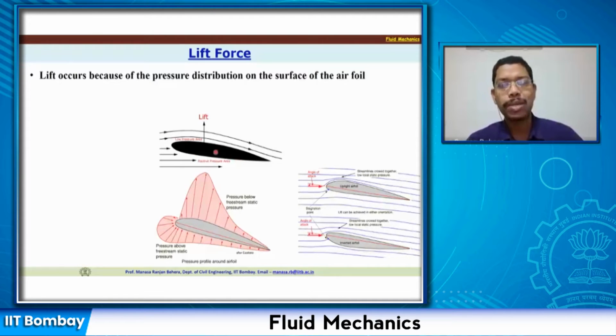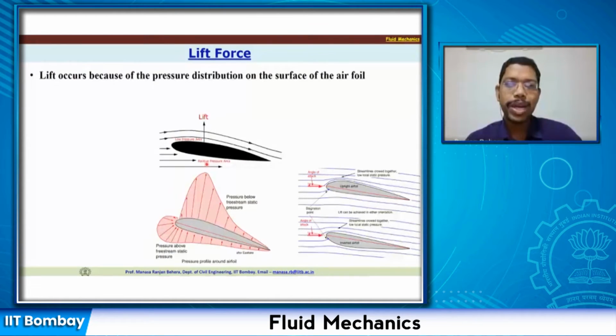Now because of that, what happens? The flow is passing on the top as well as at the bottom. Now the flow that is passing on the top, you can see the streamlines are going to be closer to each other, so that indicates that the velocities are higher. Okay. Similarly, at the bottom, the area available is more. Here the area available was less. Now at the bottom, when the area available is more, your velocity is going to be comparatively lower than the top. So if the velocity is lower, then what will happen? The pressure is going to be higher.